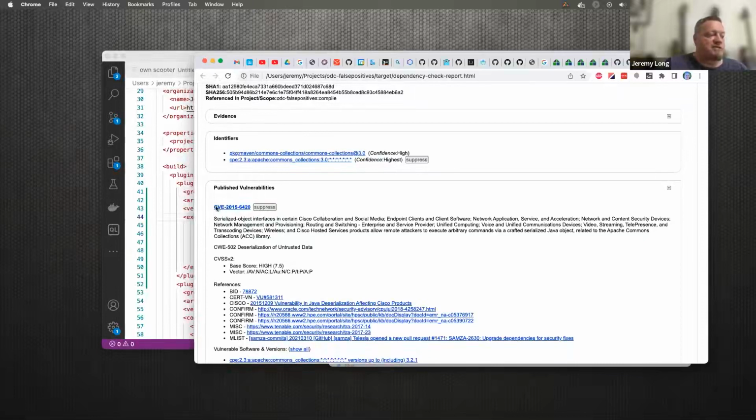Just suppressing on the specific CVEs is generally going to end up being problematic. The next time a new CVE comes out for that library, you're going to see a false positive show up again. There are cases where I know we have this capability in here, because there are cases when people will want